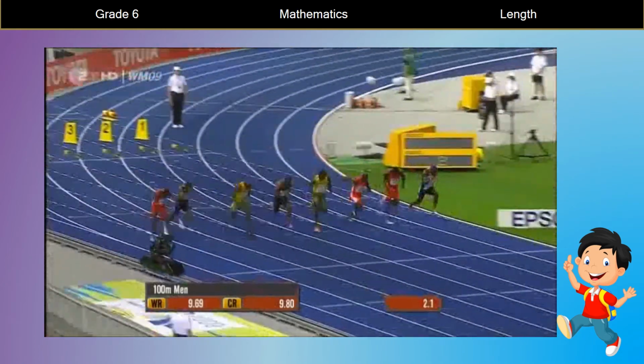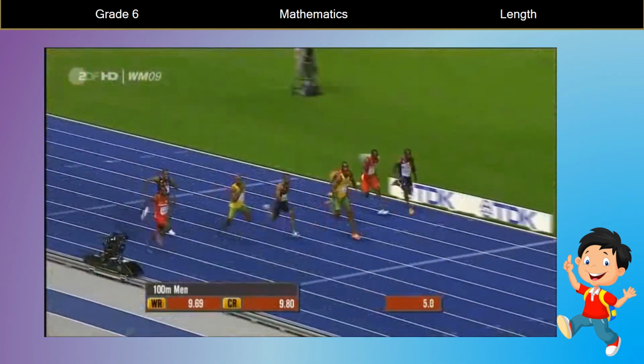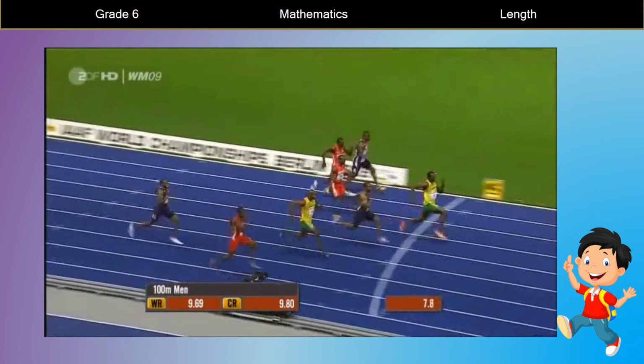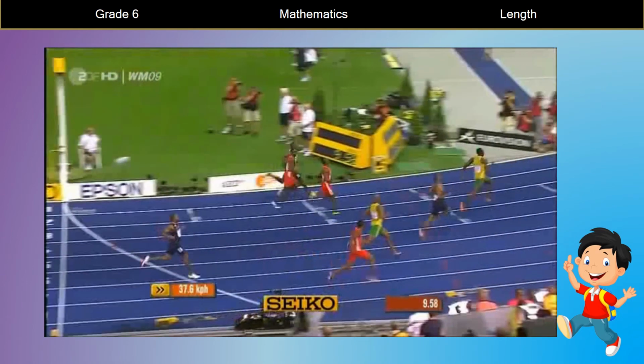This is a running event. You may have seen running events similar to this in your sports meet also. A running event is a distance we run. 100 meters running event, 50 meters running events, 400 meters running events, sometimes 1500 meters running events. Similarly, there are different types of running events in our sports meet too. So, a running event is a distance we run. That means, my dear students, it is also a length.